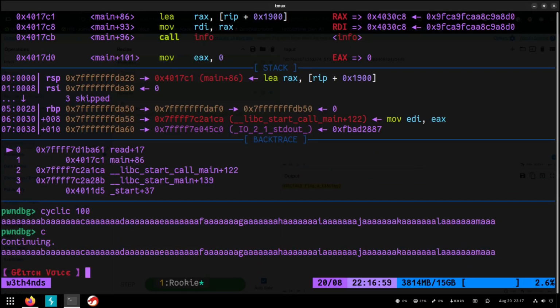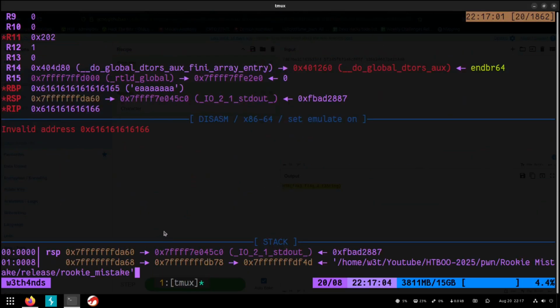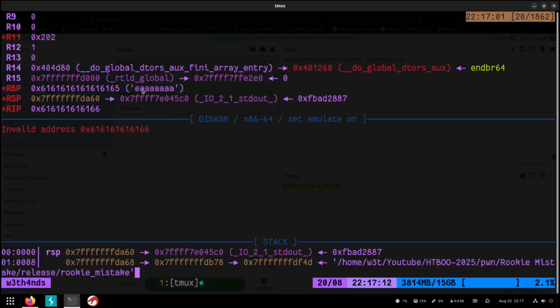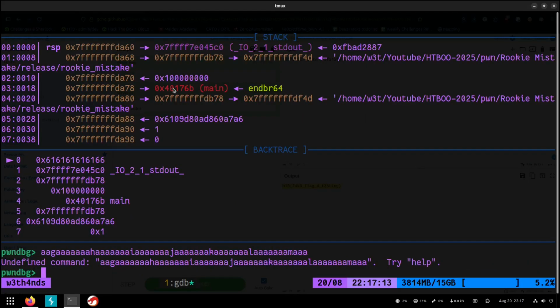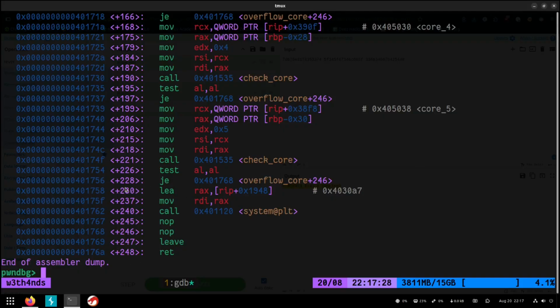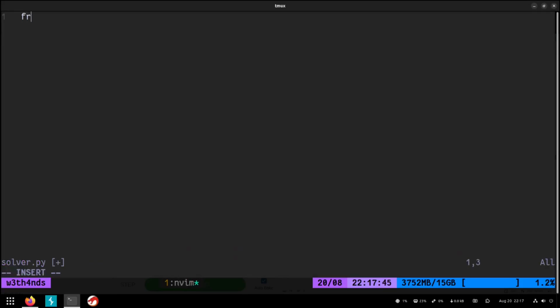continue and insert that, and we see that the program crashed at this address. So we see the RIP is at 66. So we're gonna take RBP and add 8 to that, and cyclic -l, this, it's 32 plus 8, so the offset we found is 40. And after that what we need is this as overflow core, and we actually need to hit this address right here, 230. From pwn import all, and fname shall be